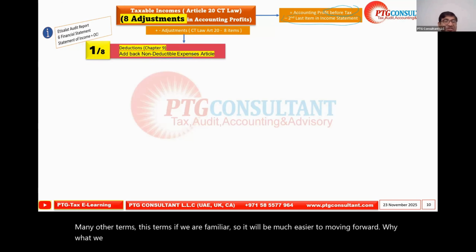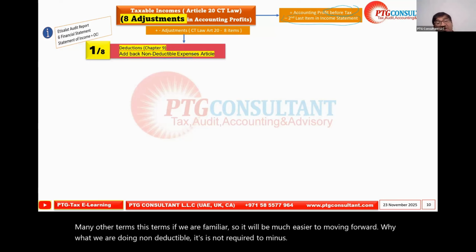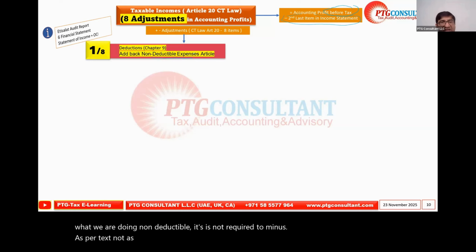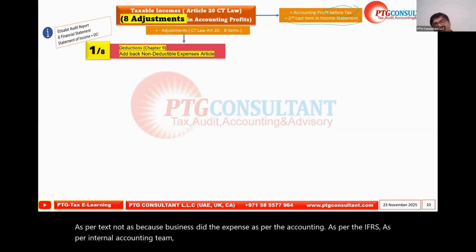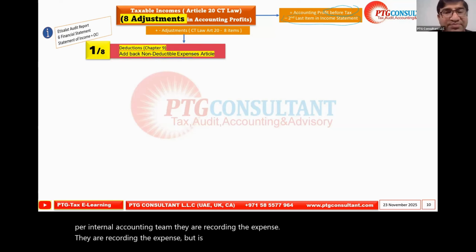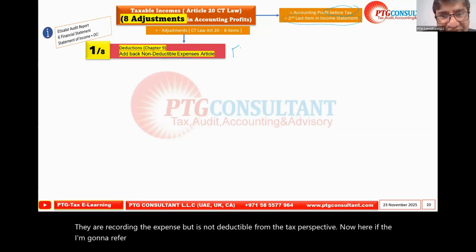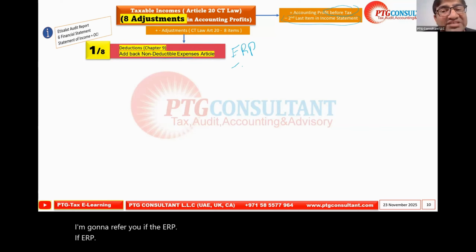It's not required to deduct as per tax, because the business recorded the expense as per accounting, as per IFRS, as per the internal accounting team. They are recording the expense, but it's not deductible from the tax perspective. Now here, I'm going to refer you, if the ERP, if the ERP has a tax module